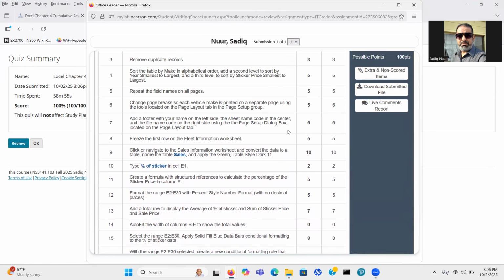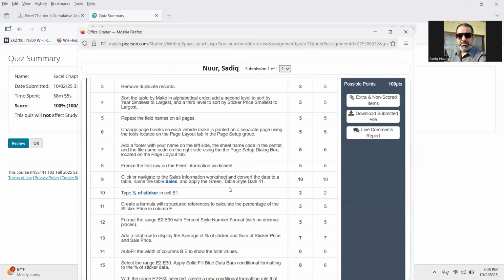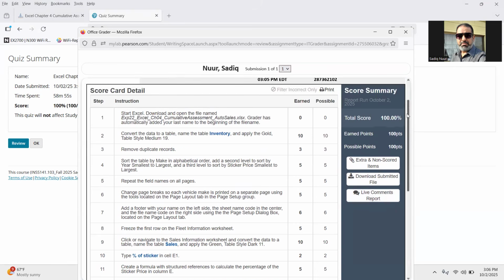Then you click and see what you did wrong, then open your Excel file and modify it with the recommendation. Or you can get a live comment report to show you what you did wrong. You can also download the submitted file. The possible points are 100, and I got the 100 points.